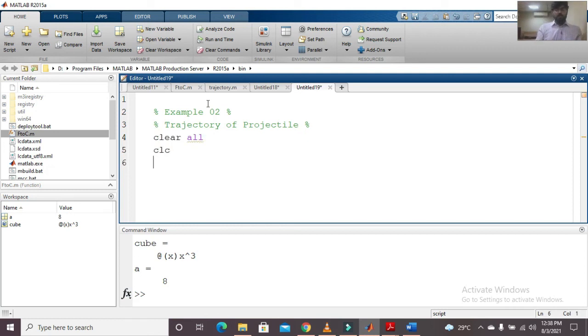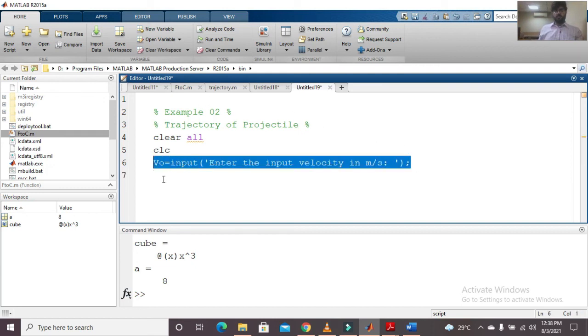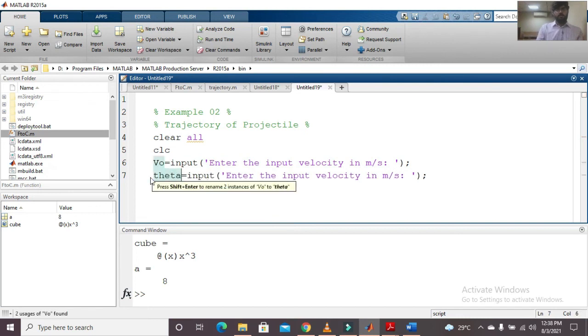Then, as I mentioned, you will have to ask the user to enter the input velocity. And I have also asked for theta as an input from the user as well.